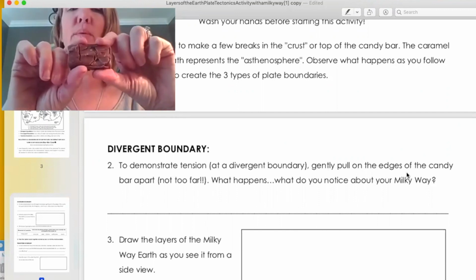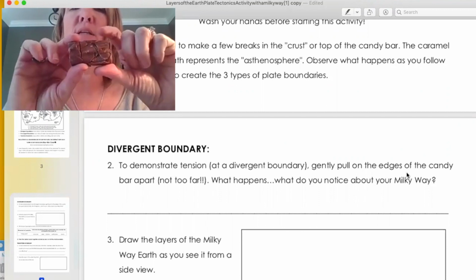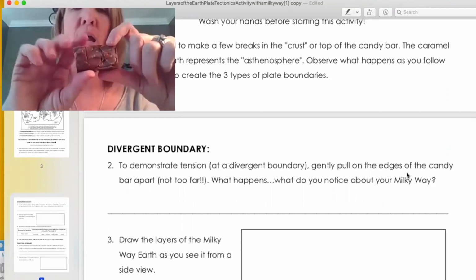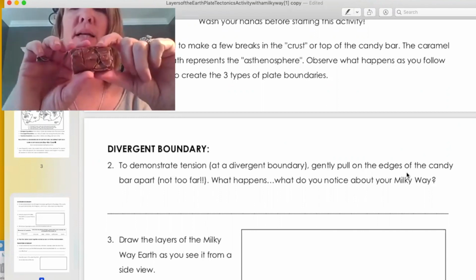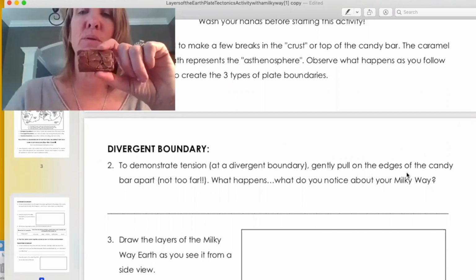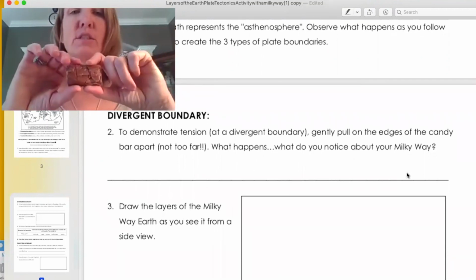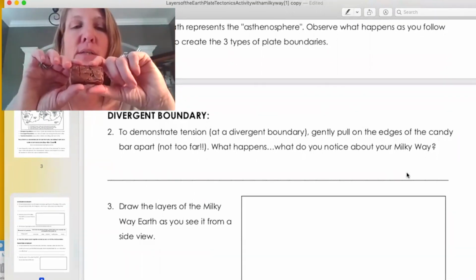And then the caramel that's kind of peeking through, that is going to be our asthenosphere. So the chocolate is our lithosphere, and our caramel is the asthenosphere. Again, it says observe what happens as you, I'm sorry, my screen is blocked, as you follow the directions to create 3 types of boundaries. So let's go down to